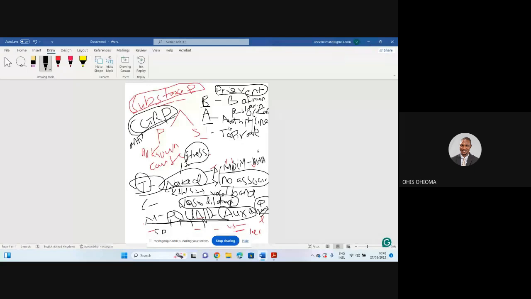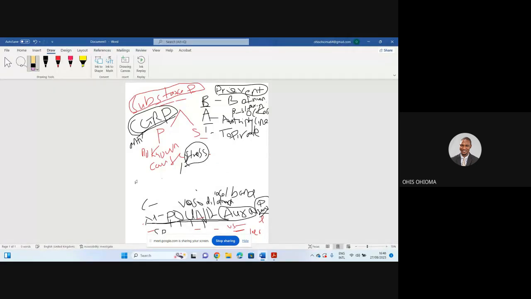Now, if we want to handle an acute case of migraine, there are drugs that we use. They are very, very important drugs that you must know. The first drug that we use is NSAIDs. NSAIDs are very useful here. If NSAIDs don't work, the next drugs that we use are the triptans. The triptans are the most effective. I would say NSAIDs are the first line, then triptans are the most effective.